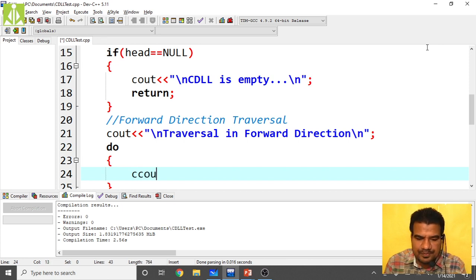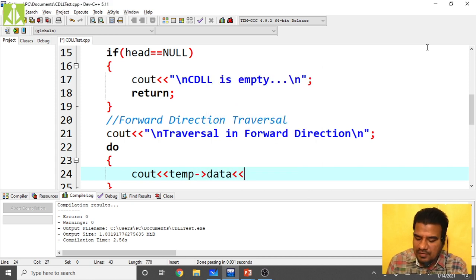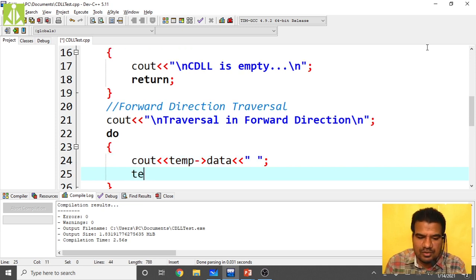Simply cout, print the data. When a temporary pointer is visiting a particular node, we have to print the data first. So temp of data will print the data, and between the data you have to give a space. Hopefully you understood. Next, temp equals temp of next.